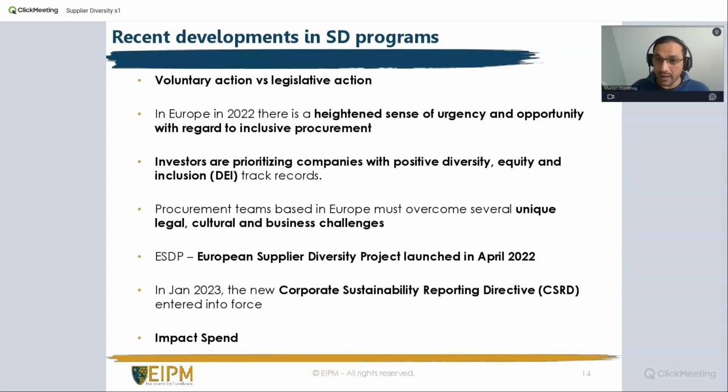There's a lot of talk about impact spend, the new term. Let's say I'm spending 100 euros as a part of my procurement spend. How much of that is impact spend? So how much of that is a spend that I'm dedicating to my SD program? If I'm buying 100, let's say 20 is being bought from diverse suppliers. So 20% becomes my impact spend. And beyond that, as I said, it's not only tier one, it's going to impact the downstream of the supply chain as well.